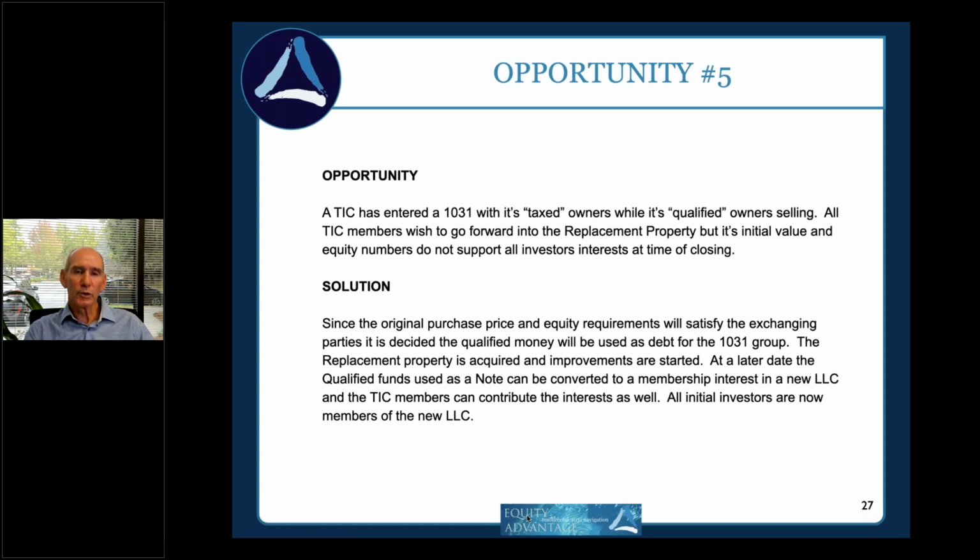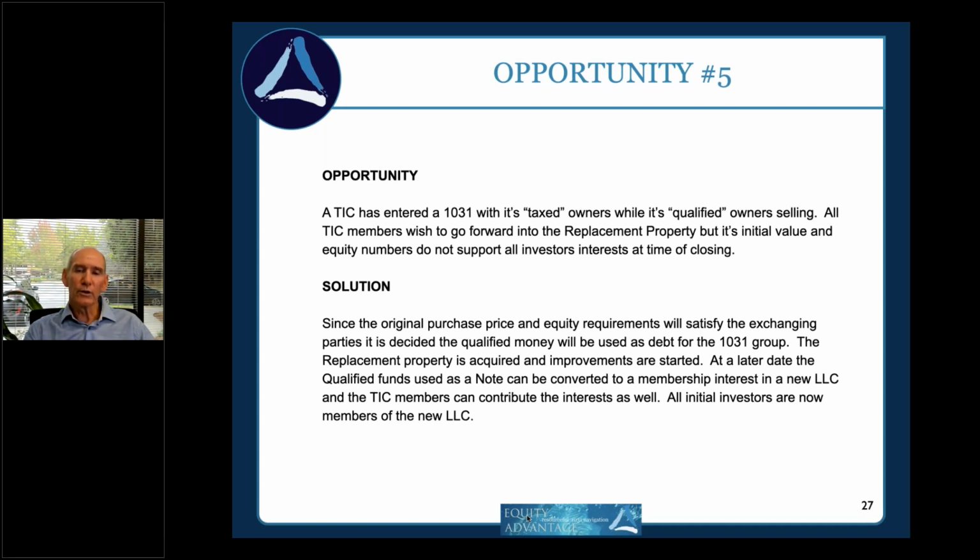So when we went to buy the replacement property, it was going to be a large improvement exchange. So what we did, I call IRA 401k funds patient money. The 1031 is urgent money, right? So we had to get the exchange done for the TIC members. So we bought the property. Actually, we had to warehouse it, do the improvements, but ultimately when we gave the improved property, the taxpayer had satisfied their exchange.